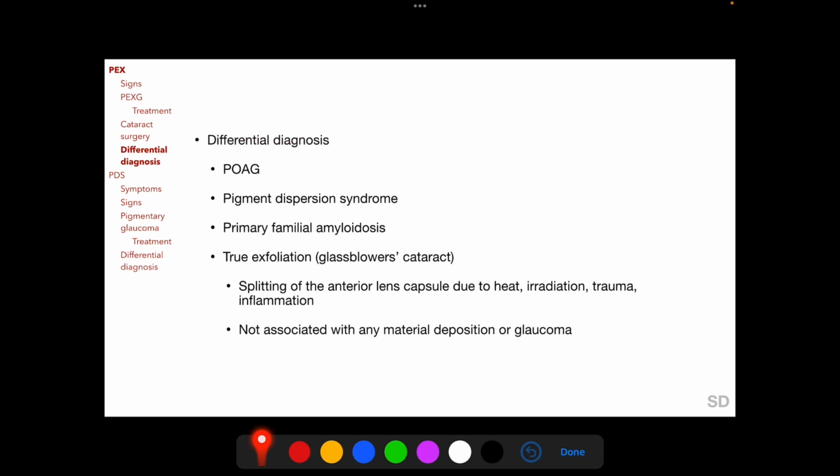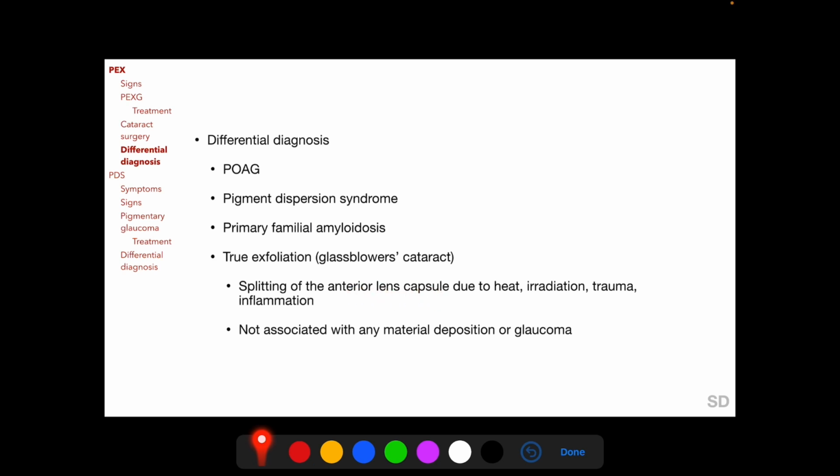Differential diagnosis of pseudoexfoliation includes primary open-angle glaucoma, which we have discussed in a previous session, pigment dispersion syndrome, which we will be discussing next in this session, primary familial amyloidosis, in which fleck-like material resembling pseudoexfoliation material can be found deposited on the anterior lens capsule, and a rare entity called true exfoliation of the anterior lens capsule, or glass blower's cataract, in which there is splitting or delamination of the anterior lens capsule in scroll-like layers